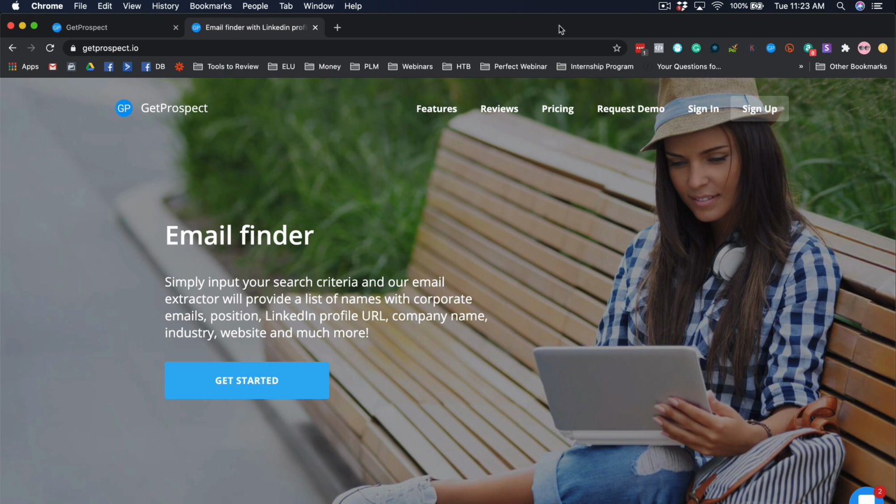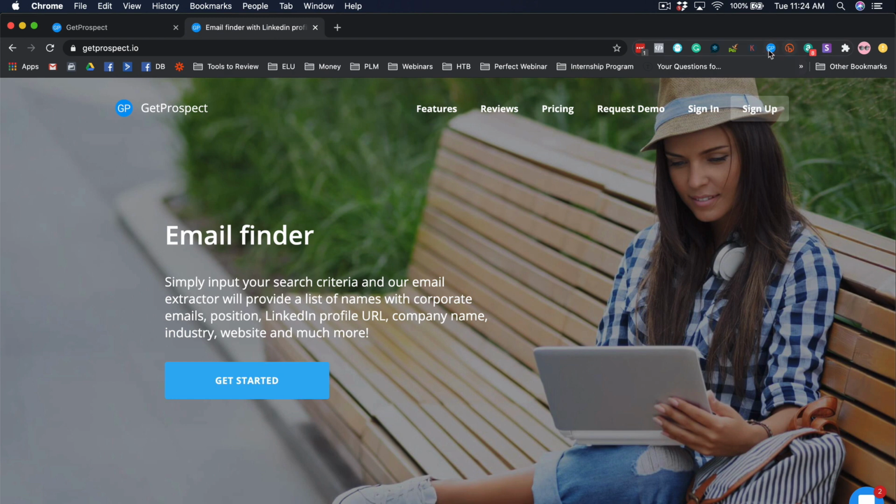And if you are going to LinkedIn, which is a wonderful resource to get prospects from a particular search or from your own connections, then you might want to check out this tool called Get Prospect. Snove.io will also help you search for different industries, industries based on technology and things like that. But here, Get Prospect is basically connected to LinkedIn. They also have a Chrome plugin. And once you go inside LinkedIn and start searching for profiles, you will be able to get the email IDs of the profiles inside the LinkedIn search.